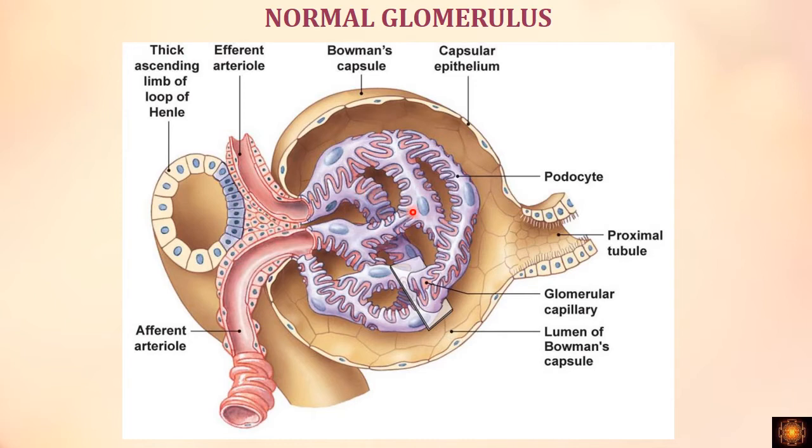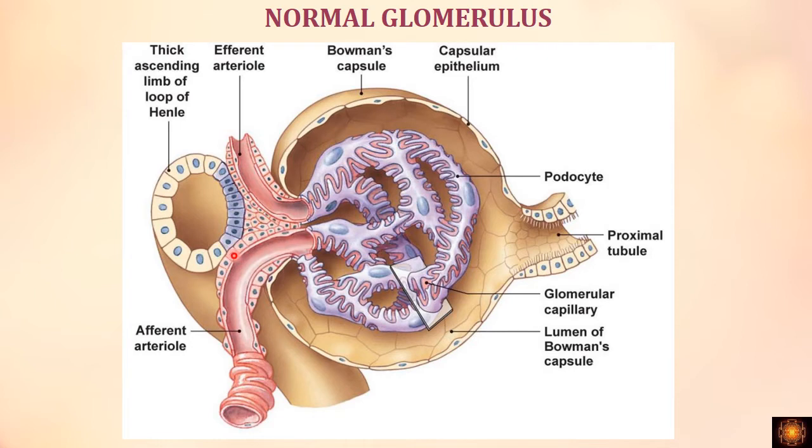These capillaries are covered by the visceral epithelium. So we have a parietal epithelium which is covering the Bowman's capsule on the inner surface, and we have a visceral epithelium which will be covering the capillary tufts which are present in this Bowman's capsule. When we see here the vascular pole of the Bowman's capsule, we have the afferent arteriole, the efferent arteriole, and we have a distal convoluted tubule, or a limb of a loop of Henle. These three things, the arterioles and the distal convoluted tubule, form a part of the juxtaglomerular apparatus.